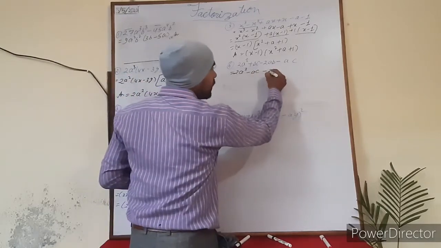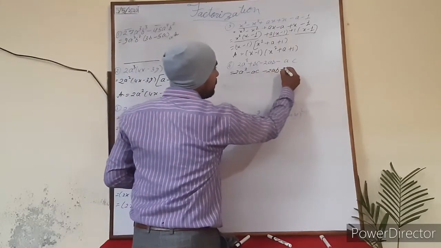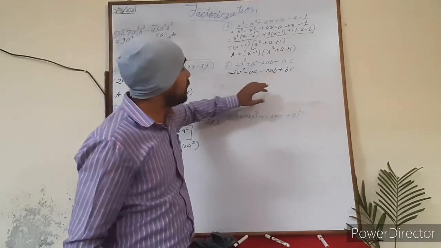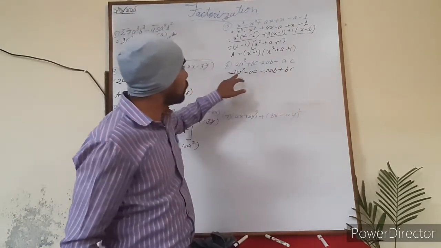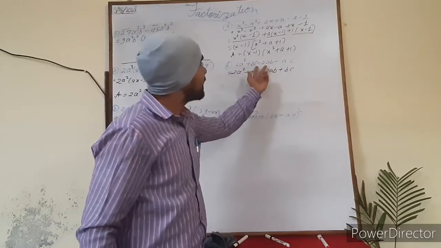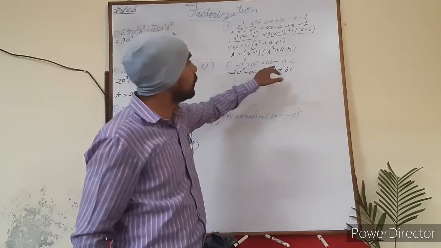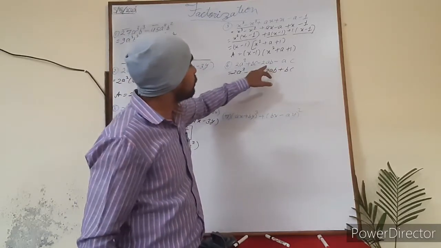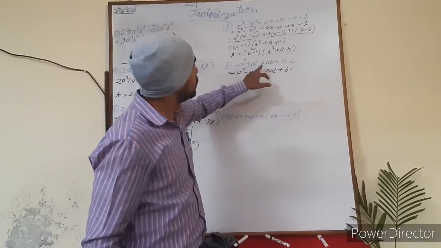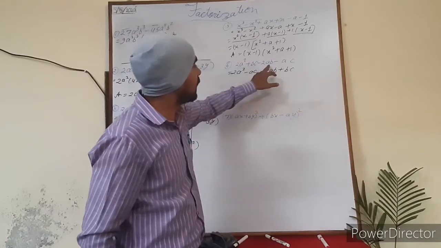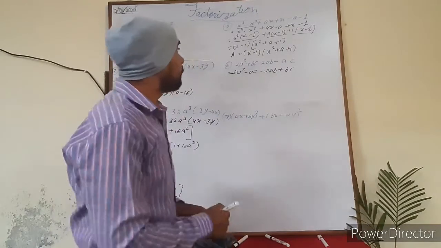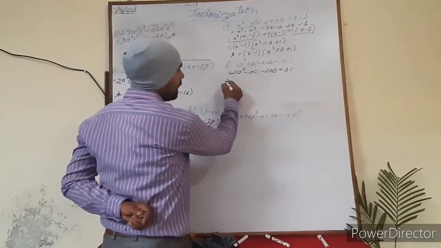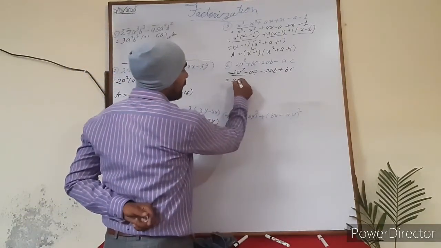After that you will write down this 2ab and then plus such type of step. What you have done: you have made minus ac closer to this 2a square and you have interchanged the terms, the second to fourth and the third remains as third. Now what is common in these two? 2a can be taken as common.